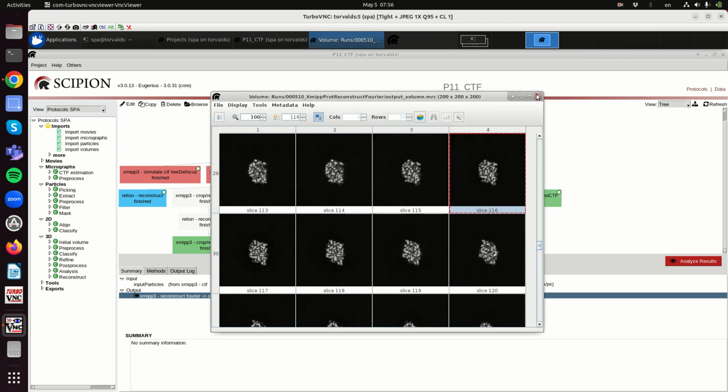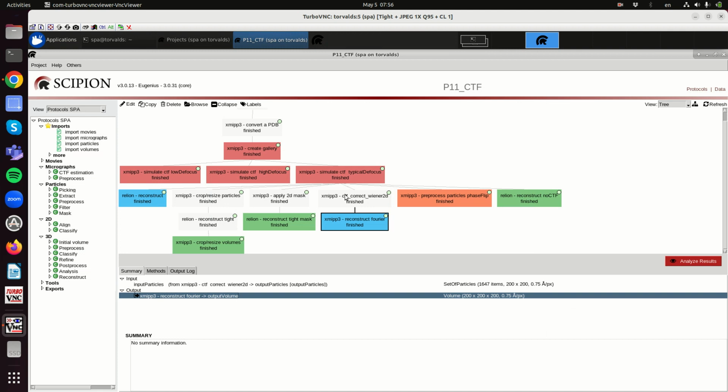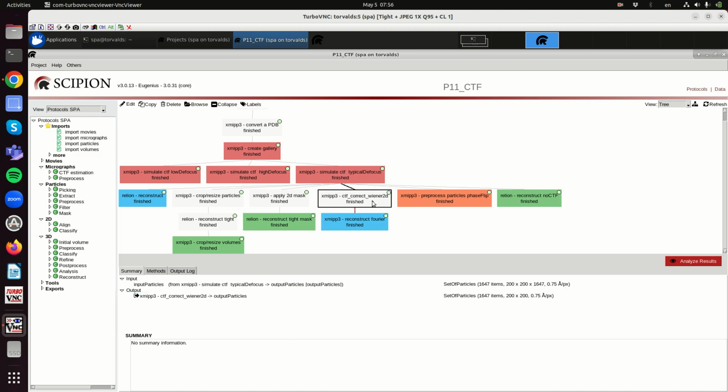And just to be clear, the same happens when you are reconstructing. These corrections, such as a Wiener filter, or any reconstruction that takes explicitly into account the CTF or the phase flip,